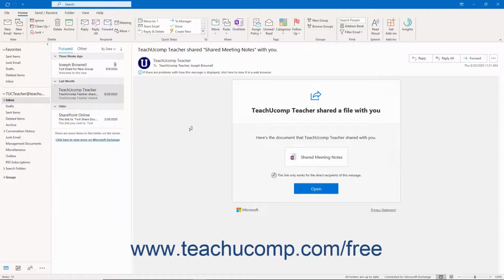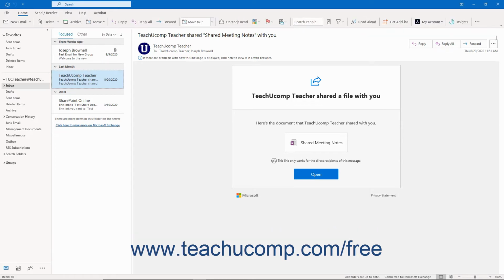www.teachucomp.com/free. The ribbon lets users perform tasks on the items and folders in Outlook. The ribbon in Outlook for Microsoft 365 can appear as either a simplified ribbon or a classic ribbon. Outlook for Microsoft 365, formerly called Office 365, uses a simplified ribbon by default. The simplified ribbon doesn't show the names of button groups on each tab of the ribbon and shows fewer buttons